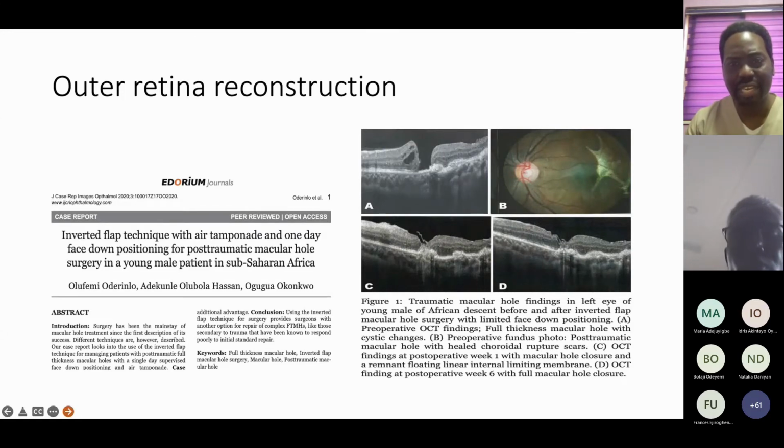So this is another of our patients, post-trauma, a young man from the military that had a traumatic left eye. Again, one of the challenges we had when we started doing inverted flaps was that sometimes you could see some parts of your flaps floating. This is 1 week after surgery. But as you see,